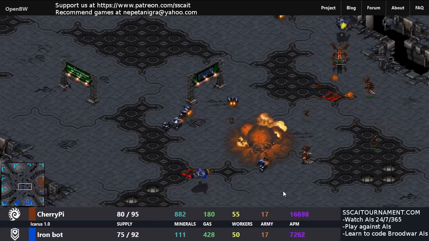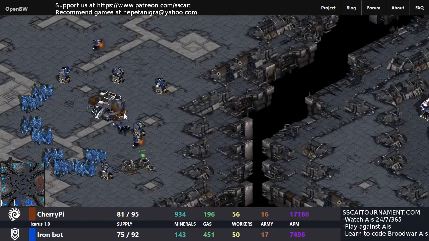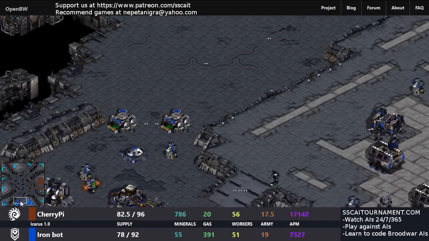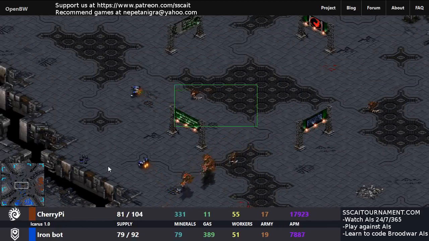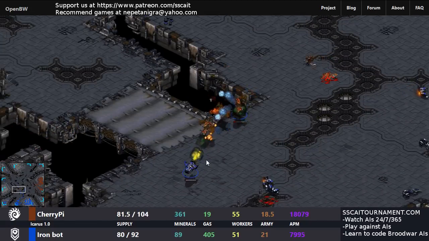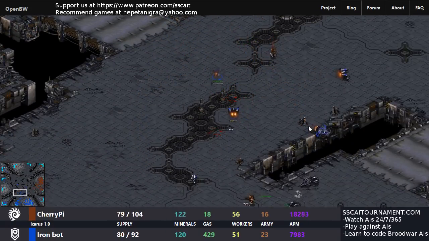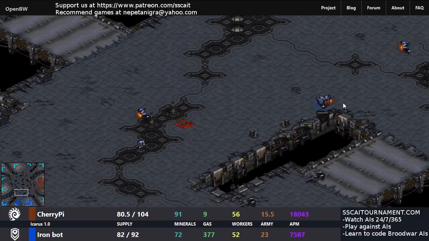So if Zerg can get this third base up and get a large army together, because Cherry Pie is so very good at fighting, it's really unfair at times. It can decide when to attack, when to retreat, and these Valkyries really need some supporting units, as do the tanks. And if Iron gets in that harassy style where it just will spend units one at a time, just move them out all across the map,